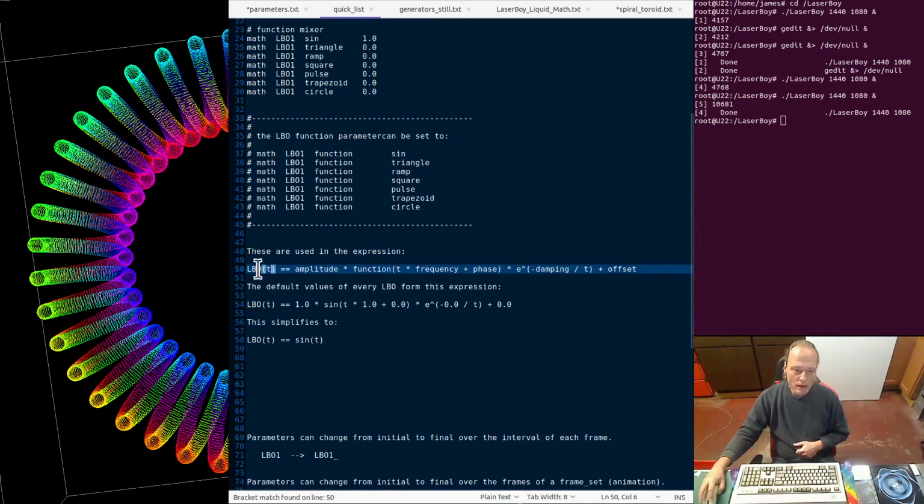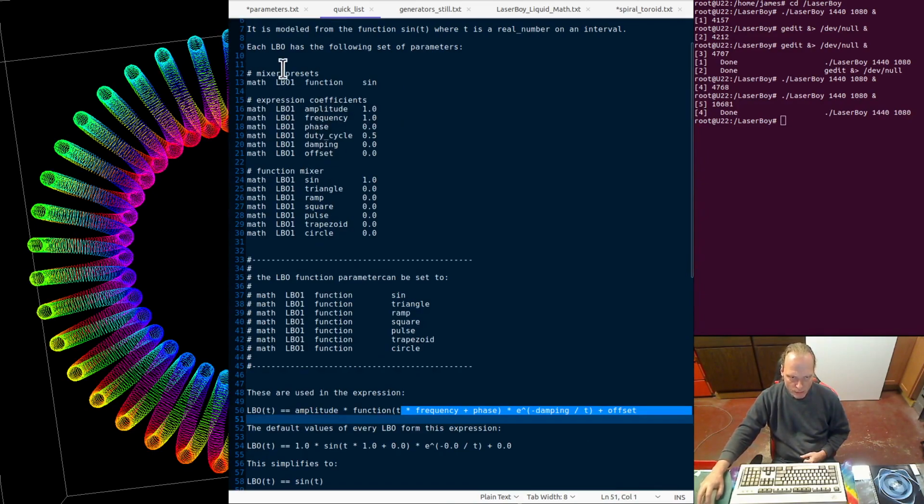Anyway, so that's what this is. This is counting from 0 to 2 pi in equal increments, in 100 equal increments. So that's what t is in this expression. So then from these parameters up here